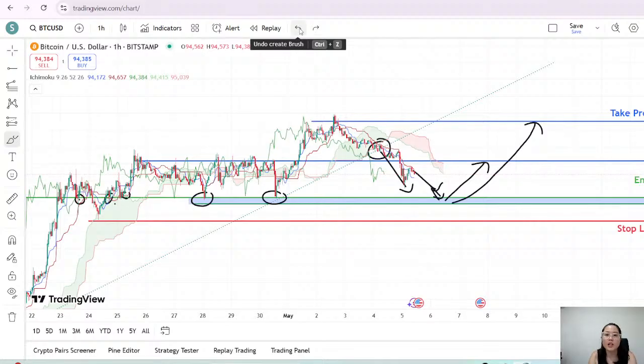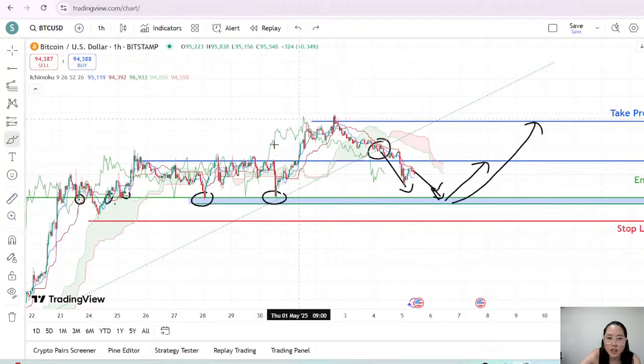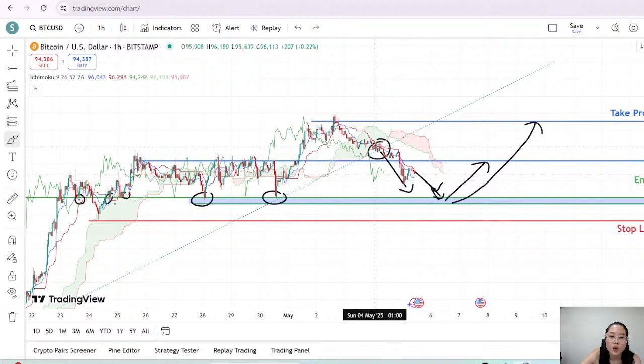This is an indicator I use all the time, but I only use it for trending markets. You cannot use it for a sideways market. You cannot use it when you are trying to buy within support and resistance where it's just going sideways. The problem with Ichimoku is it's delayed, so this wouldn't be very accurate anyway.